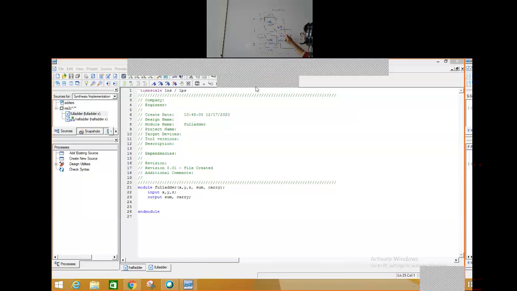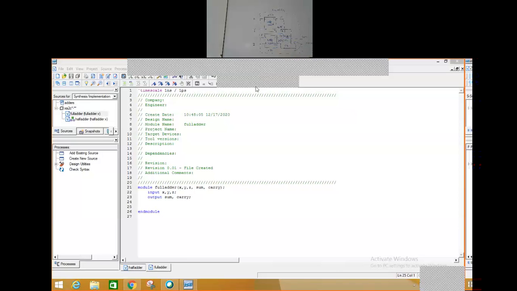Now what is this actually? This is an intermediate value, right? It's not going out. From here, I'm giving it directly over here. So this connection is not visible outside. I call it an intermediate connection. Whenever I have such intermediate connections, let me call it C1. This will be declared as a wire, correct? This is one intermediate connection. Now what's the other intermediate connection I am having? From here I am giving it to the OR gate. This is also an intermediate connection, so I call it C2. Similarly, this is also not visible outside, so I call it C3.